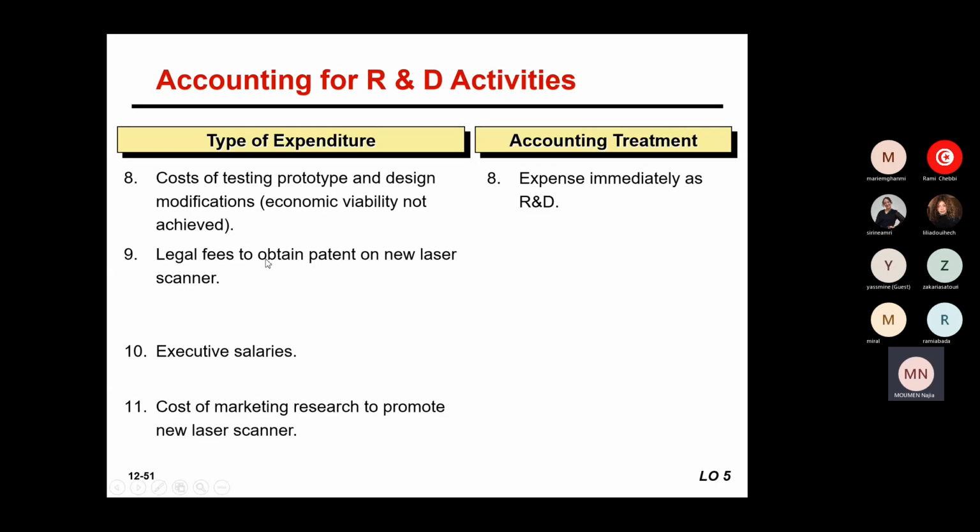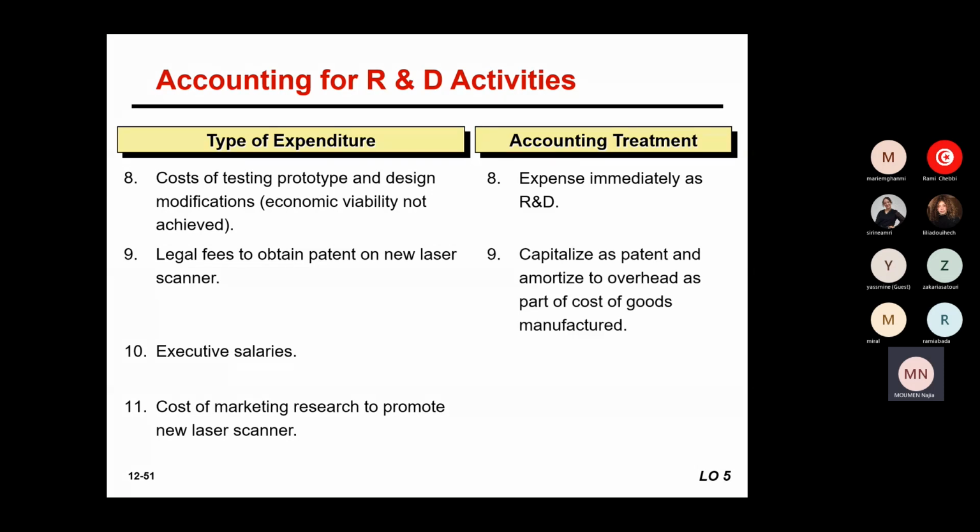Legal fees now to obtain a patent on a new laser scanner. What do you think here? When you engage in legal fees to obtain and defend your patent for this new laser scanner that you internally developed, after, of course, incurring all these research and development costs. What do you think? Capitalized. Yeah, it's good. So here we should capitalize them as patent and, of course, amortize here to overhead as part of the cost of goods